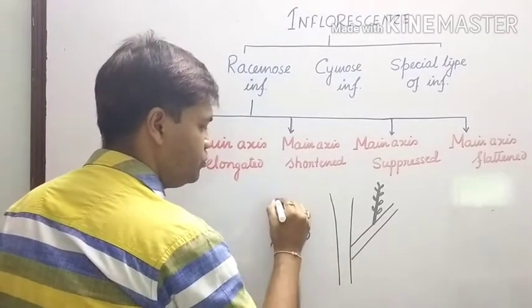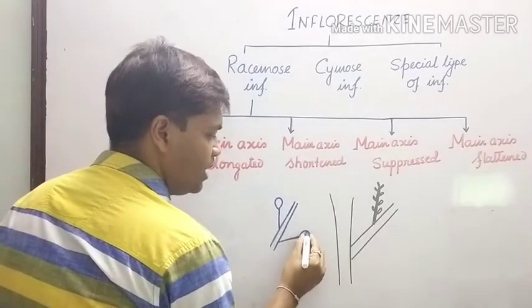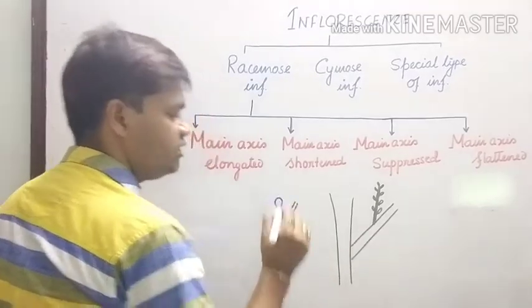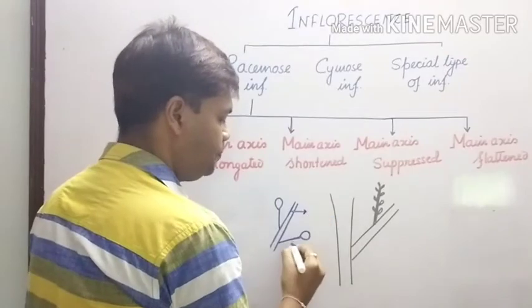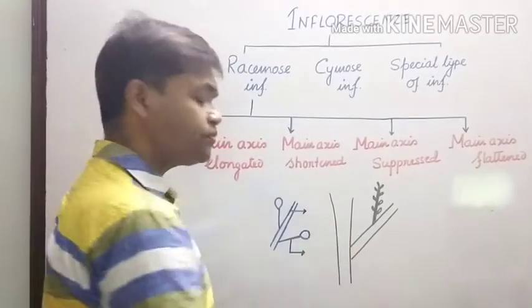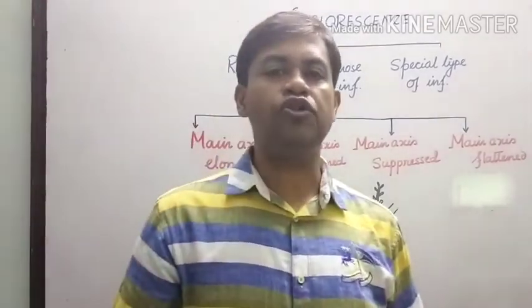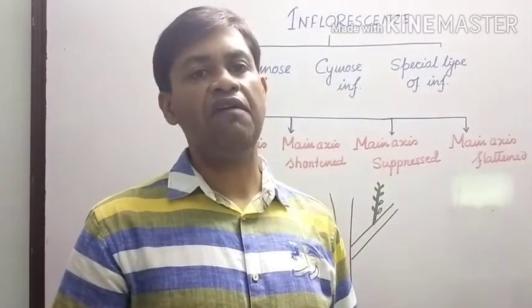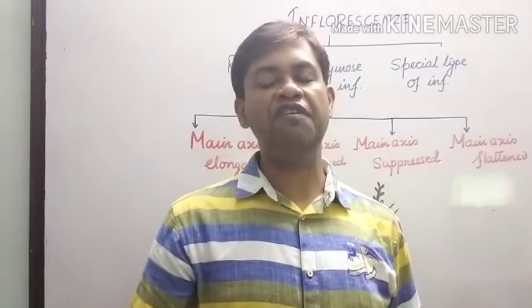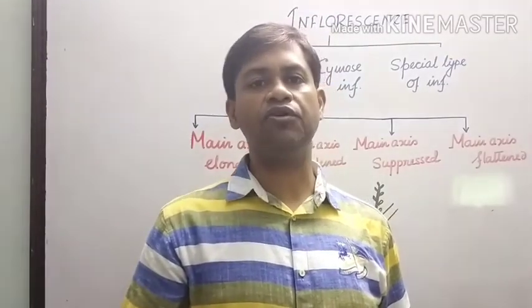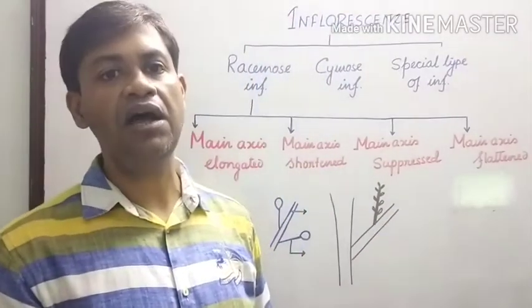Okay, let us imagine this is the flower. The stalk of the flower is called the pedicel. This is the peduncle, this is the pedicel. So the pedicel or the stalk, and if a flower has a pedicel, then it is called the pedicellate flower, and if a flower is without a stalk, then it is called the ex-pedicellate or the sessile